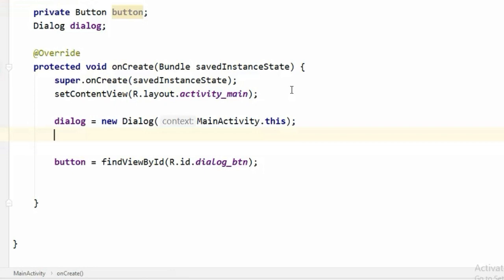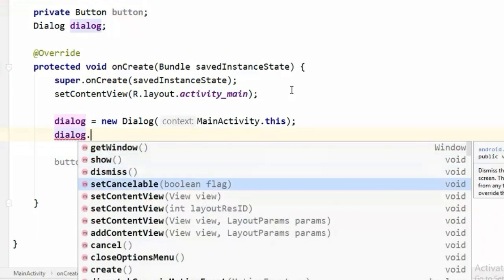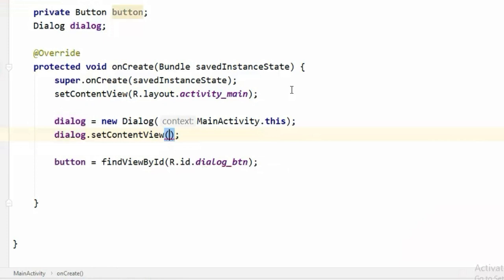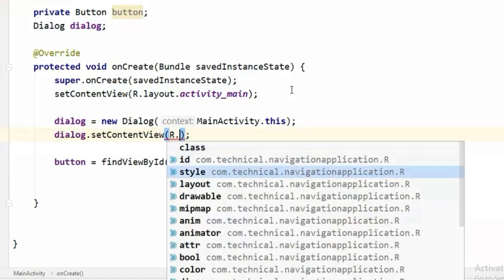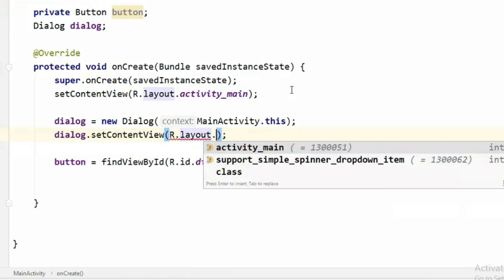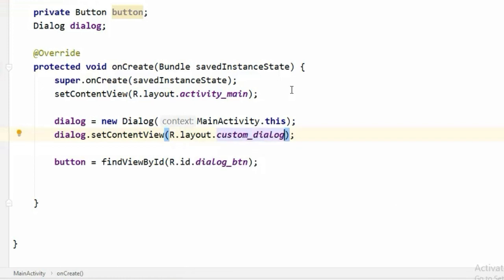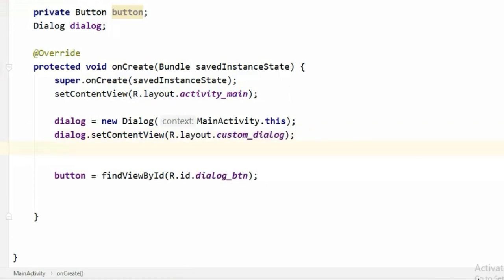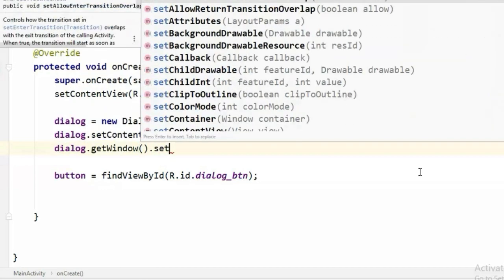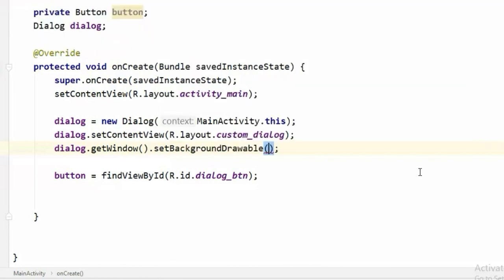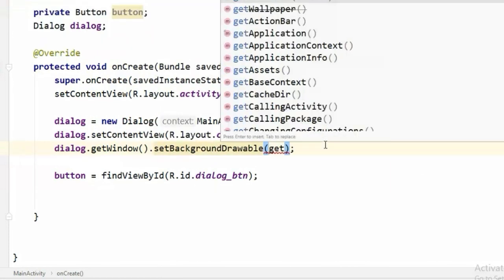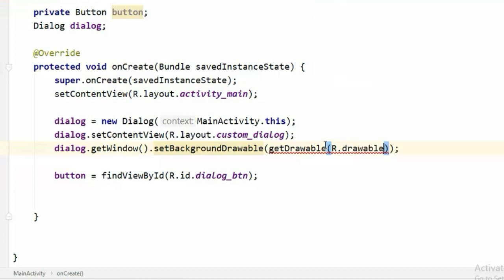Now to set our custom layout, we will call dialog.setContentView, and in here we will pass our custom layout, R.layout.custom_dialog. Now to set our custom drawable, dialog.getWindow().setBackgroundDrawable, getDrawable, and in here we will pass our drawable that we have created.